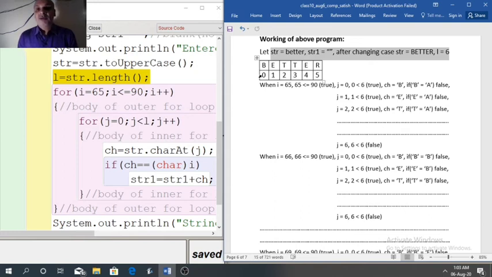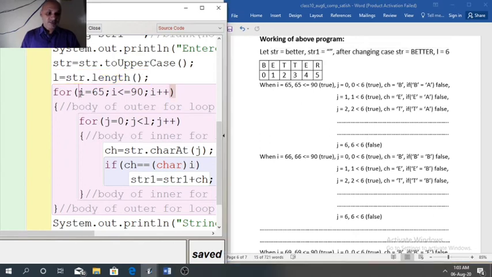Then C is present or not. So this process we have to apply. So we have to start with search of A. As you know, the ASCII codes of uppercase letters are 65 to 90. 65 is the ASCII code of capital A, 90 is the ASCII code of capital Z.